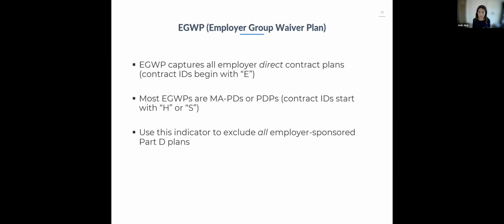Now, if you think about it, the mission of an organization like the University of Minnesota is not providing Part D plans. It's not an insurance company, right? It's just some benefits for their employees. So it's too much work to set up a contract with CMS and go through all of that. Then they see that their neighbor, United Health, already has a contract with CMS to provide Part D coverage, with a contract ID starting with H000.